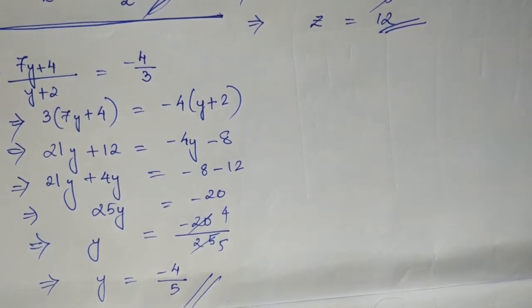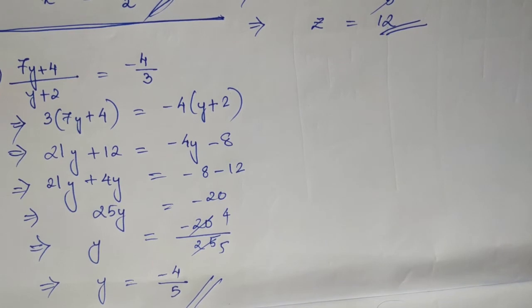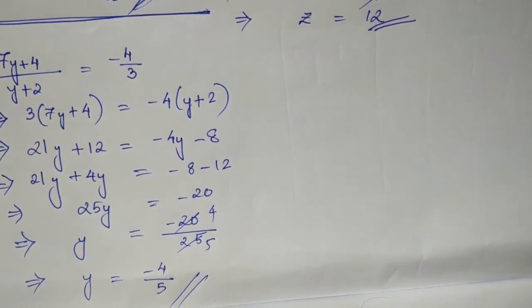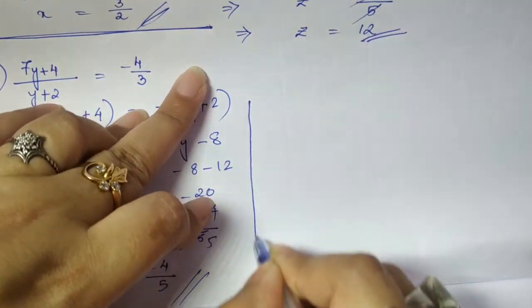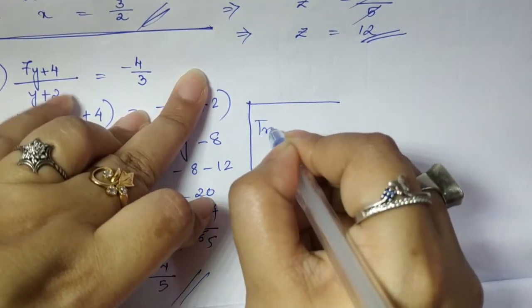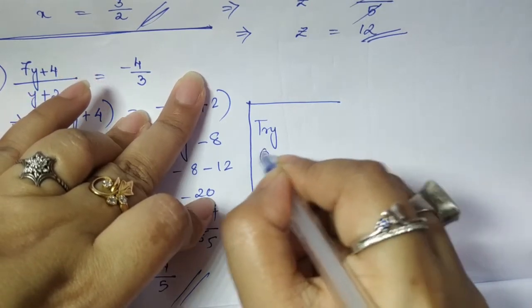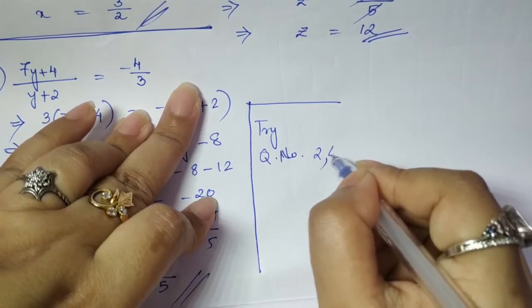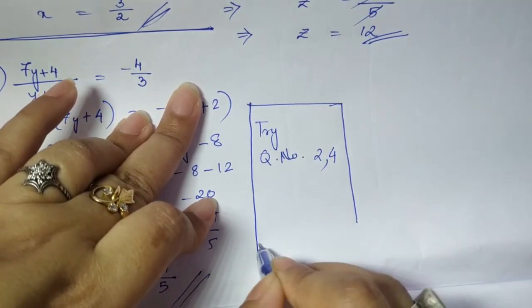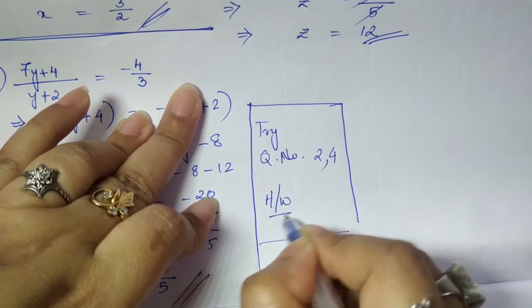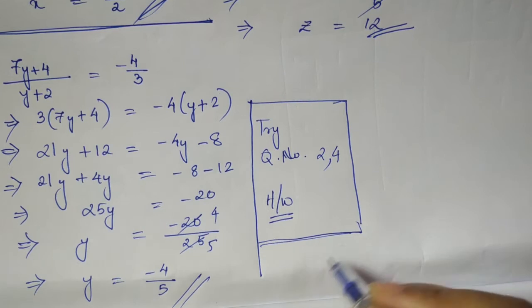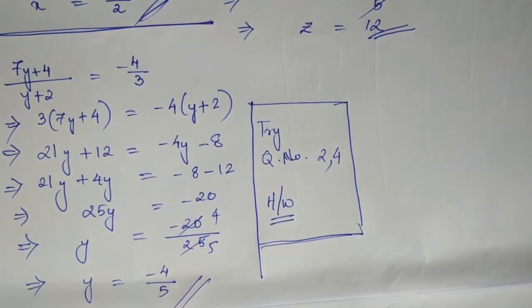You have to be very careful with the signs when you transfer to the other side, when you multiply, divide or anything. Then it becomes very easy and there is no chance of making error. Now from this you will try to solve the remaining ones, that is questions 2 and 4, only these two. I hope you will try this. You can do it as your homework, and if you finish it you can do it after the video ends also, it's up to you. We'll try in the similar way question number 2 and 4.